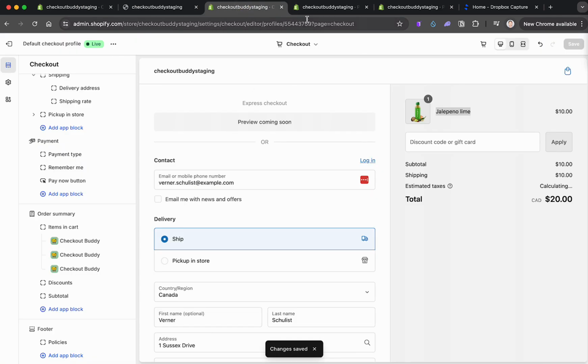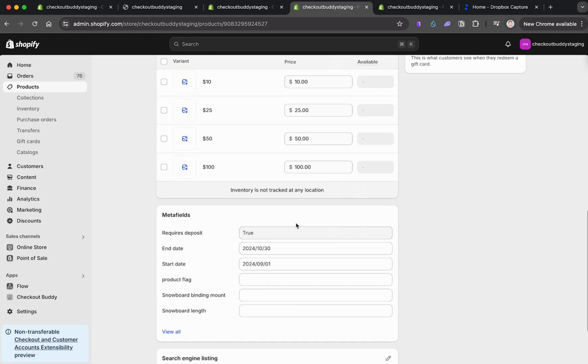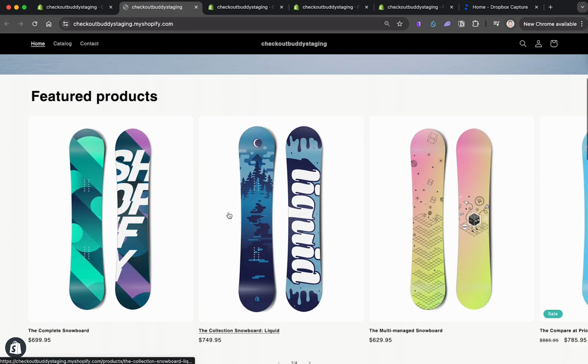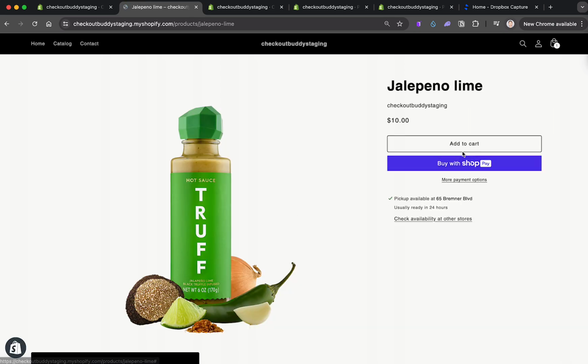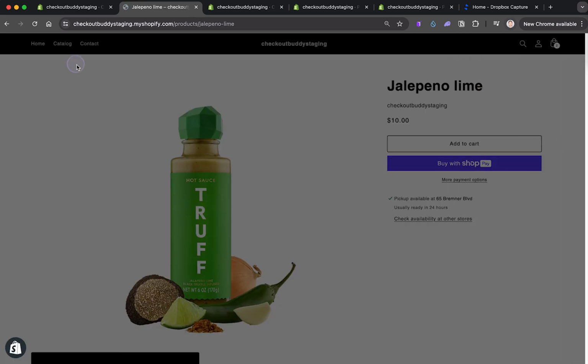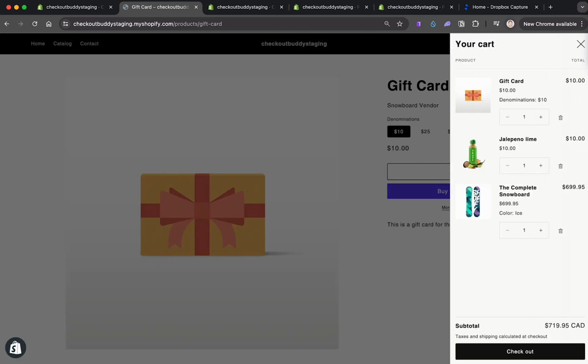And the product that we set up to have the metafield is the gift card. So gift card will have these metafields, and all other products will not. So we add, let's say, a snowboard just for demonstration purposes. Let's add our jalapeno lime, which doesn't have the metafield, and then we add our gift card, which does have the metafield. And so we check out,